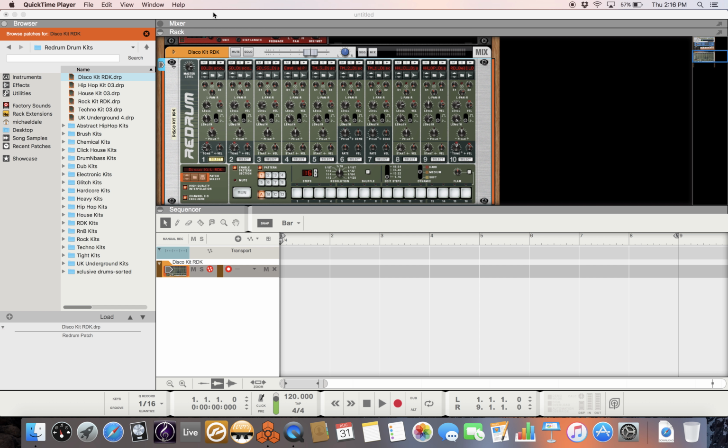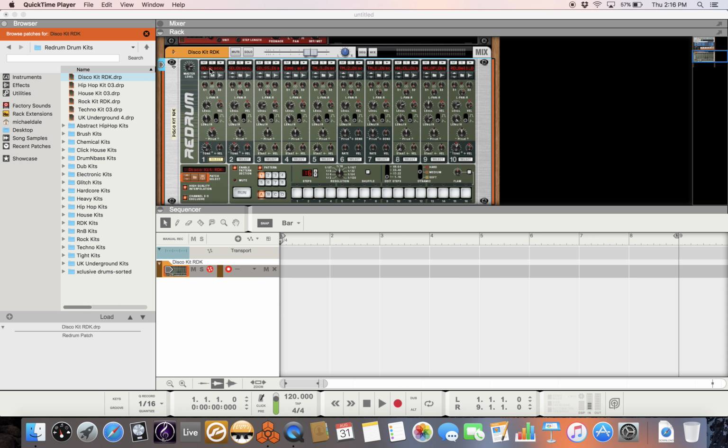Hi everyone. Today I'm going to show you how to use the Redrum drum computer in Reason. This is a drum machine that allows you to program up to 10 layers of drum sounds, which you see arrayed in these different channels here. Now when you have any particular drum kit loaded, the name of it you'll see right here in this display,